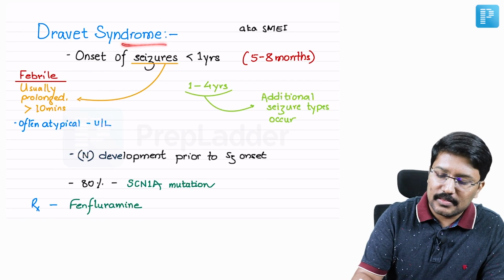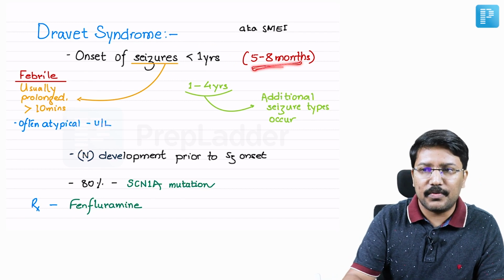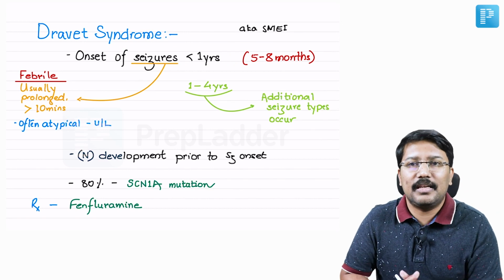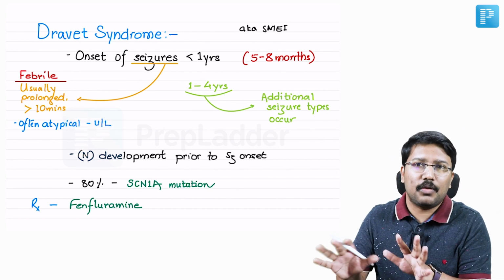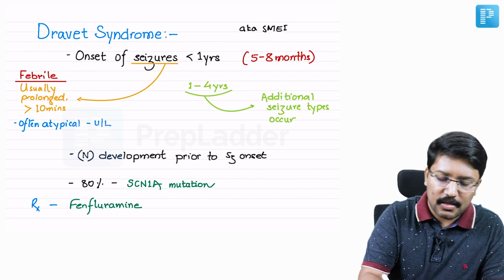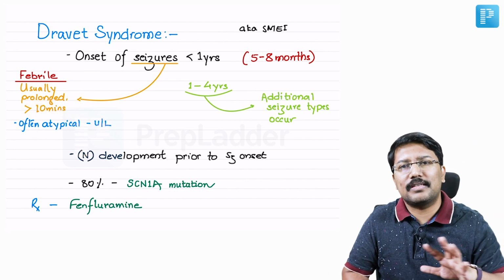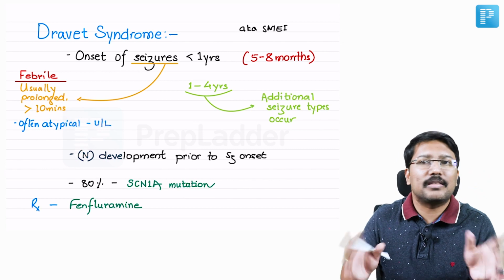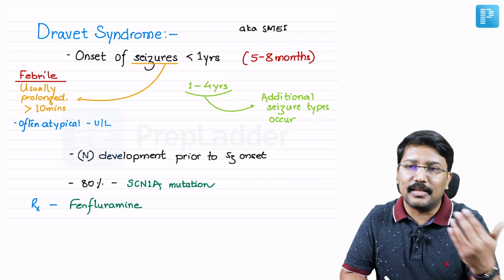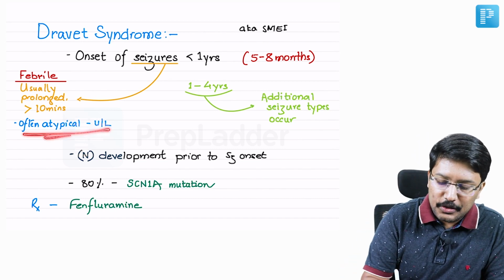But in case of Dravet, it is infantile, right? Usually within 1 year. Most cases are presenting within 5 to 8 months of the age group, right? The initial seizures are characteristically febrile seizures, but they differ from the typical febrile seizures that we routinely see in 2 features. The feature number 1 is they're usually prolonged, often lasting for more than 10 minutes, right? And in fact, in most cases, the first seizure is following some vaccination, right? Patient develops a febrile illness following vaccination, and then the first fit throws up, right? Okay. And these seizures are often unilateral.